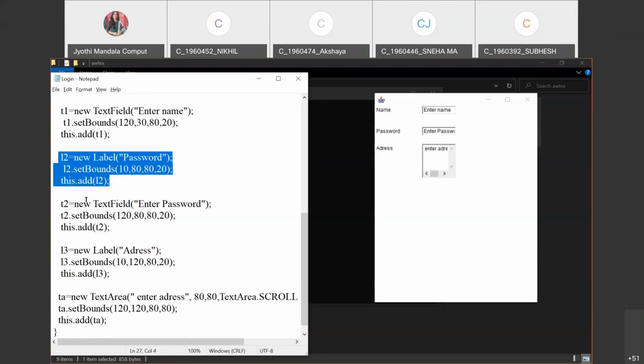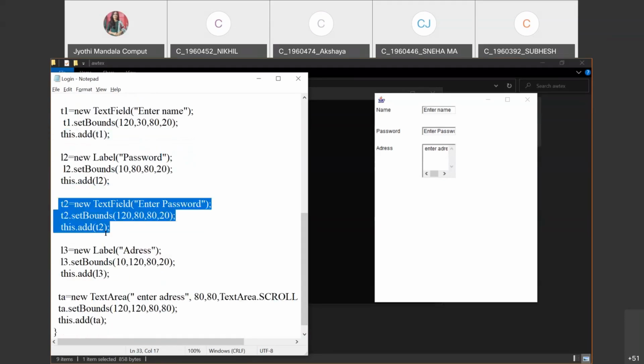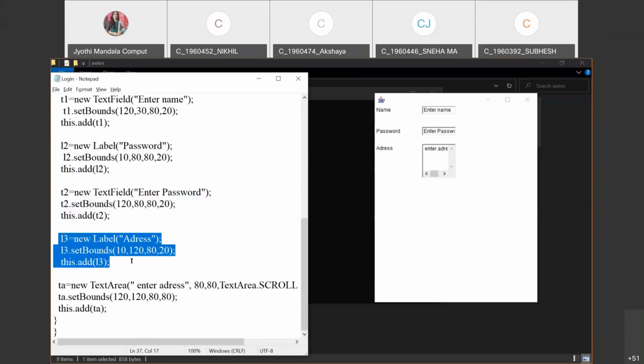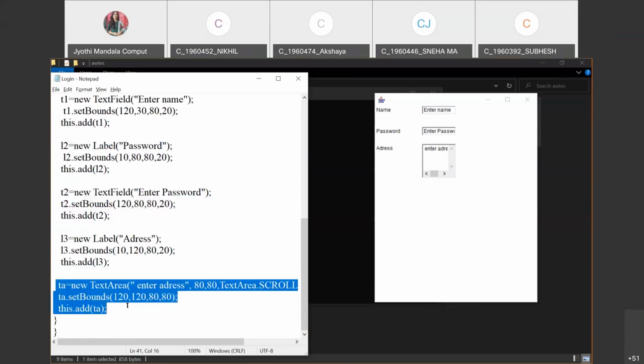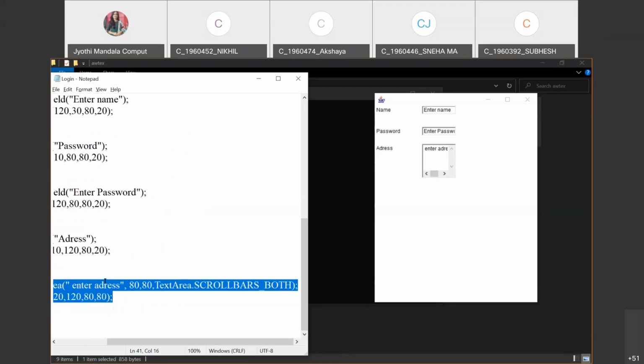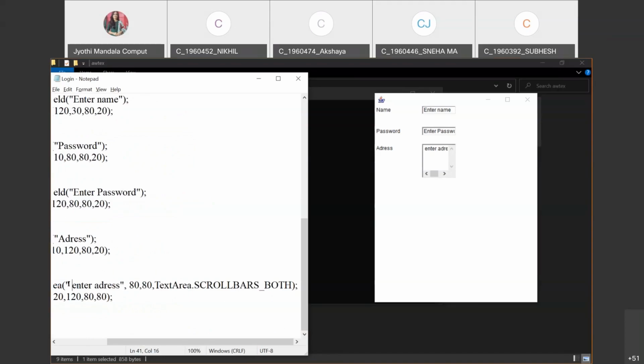Similarly, label for the password and text box for the password and label for the address, and you can see here text area. Now what is here? This text area is one type of constructor where one string can be given, height and width of the text area, that means number of rows and columns, and you want scroll bar or not. SCROLLBARS_BOTH is nothing but you want both horizontal and vertical.